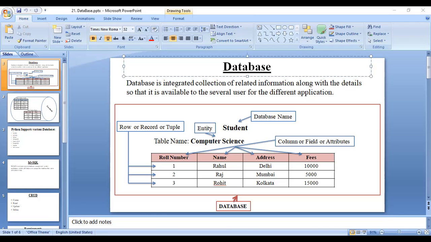A little bit about the front end. You see any website, this is a cross-site website. This is the front end, and this is the back end, and this is the database.